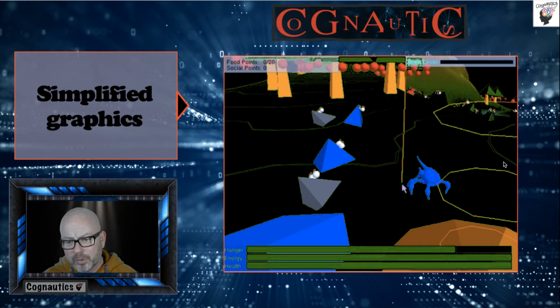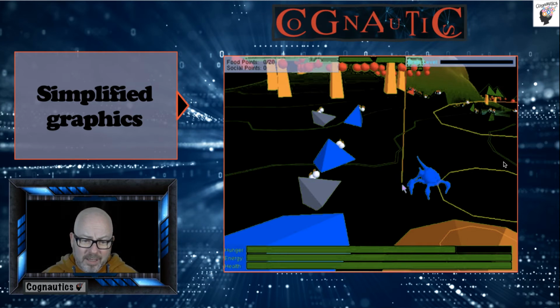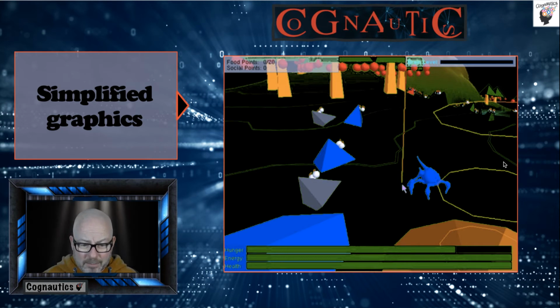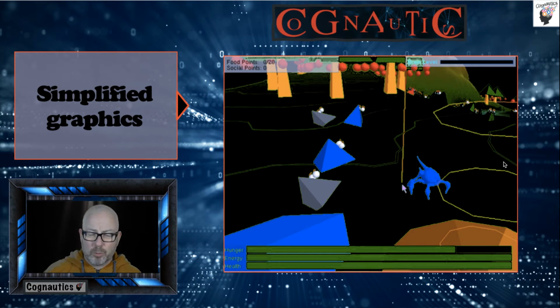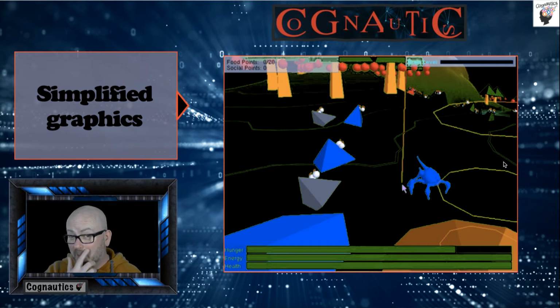Here's an example of a video game which is at this stage. You can see that the graphics are very simple, but the basic gameplay is there. The final game will be much more polished. It'll look far better. It'll have had a lot more time and effort and money thrown at the graphics and at the user interface and so on, but actually the main part of the gameplay is held within this working